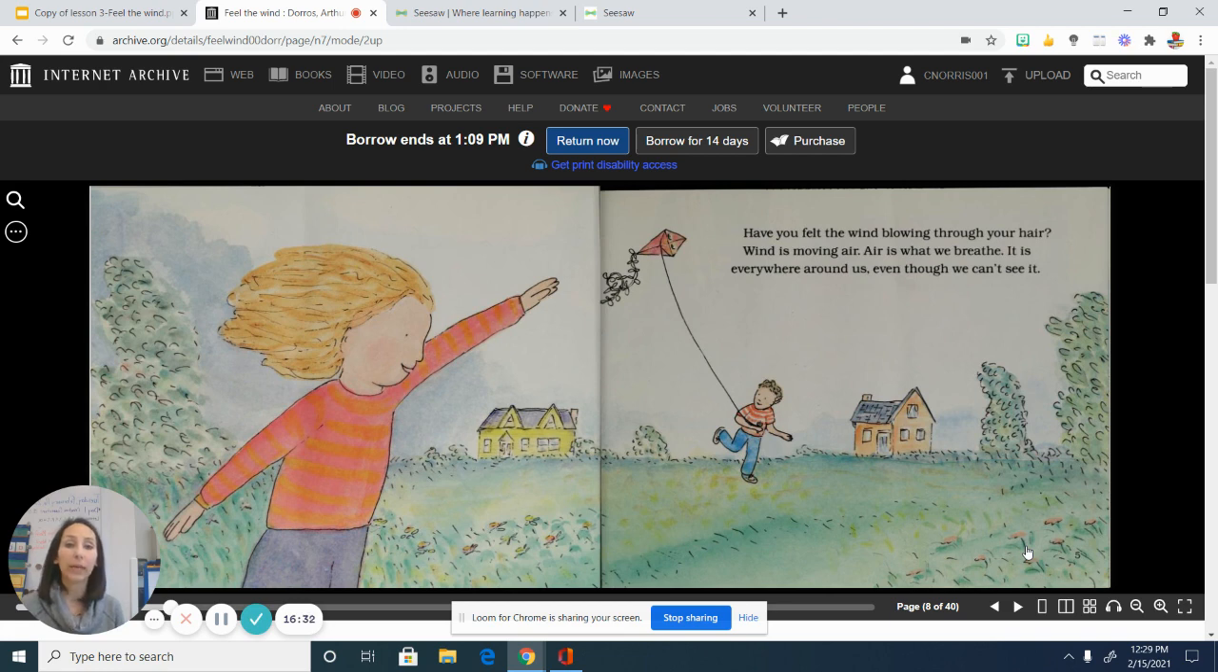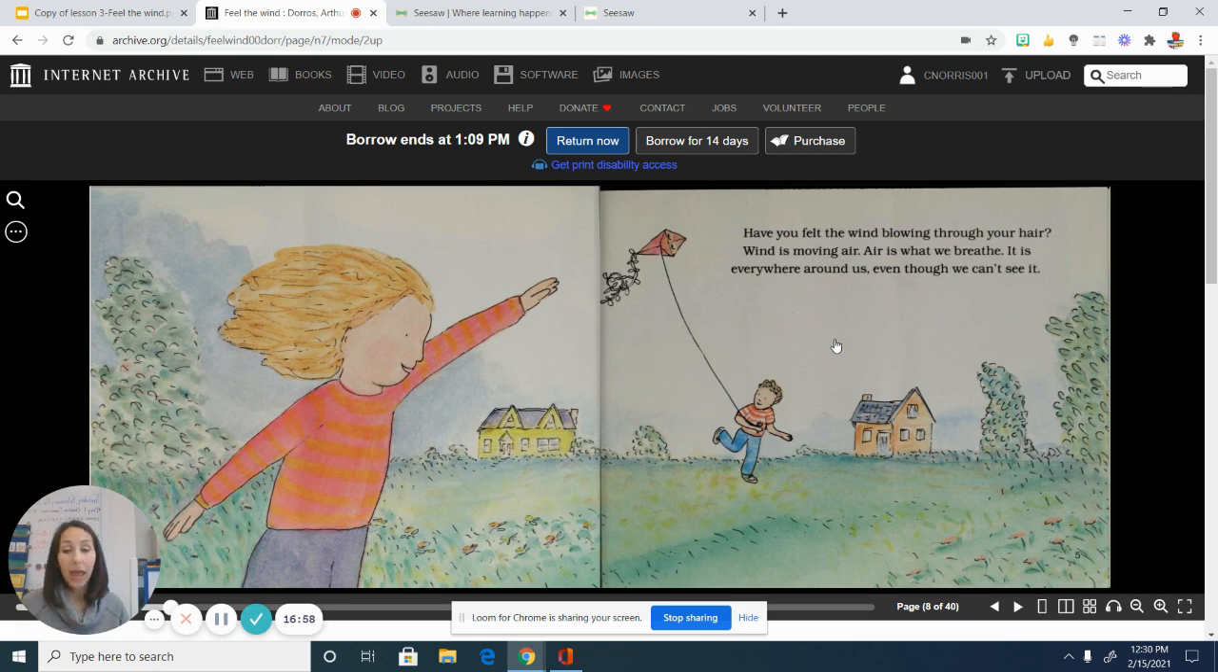Have you felt the wind blowing through your hair? Wind is moving air. Air is what we breathe. It is everywhere around us, even though we can't see it. And as we've talked before, we not only look at the text, but also at the illustration. Okay, so we're hearing from this page that wind is moving air, we breathe air, it's everywhere around us,